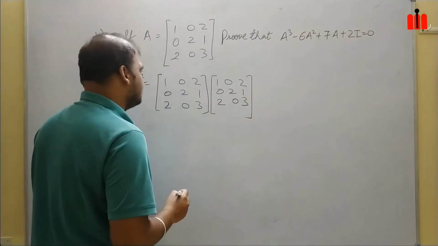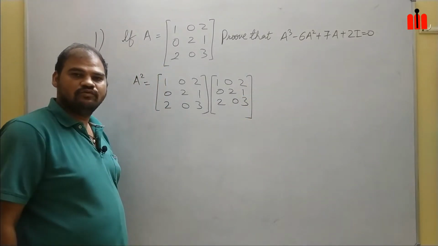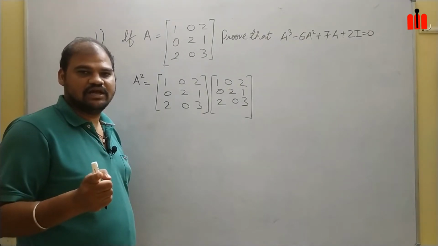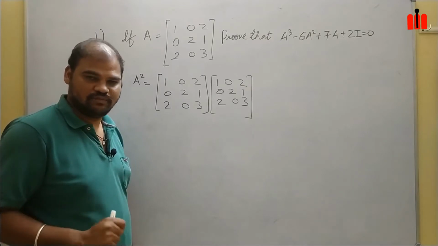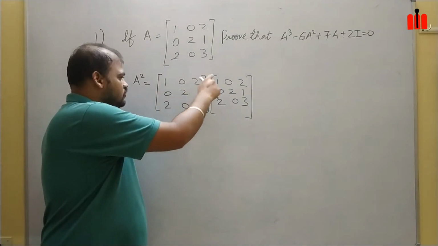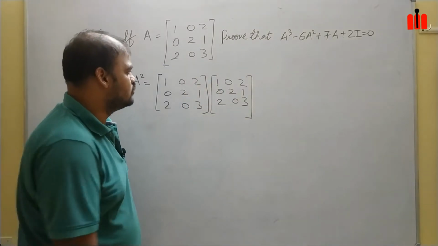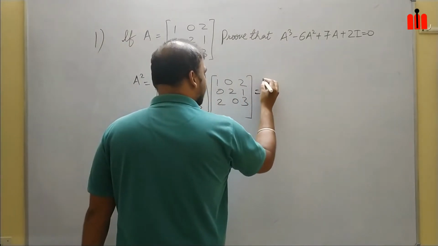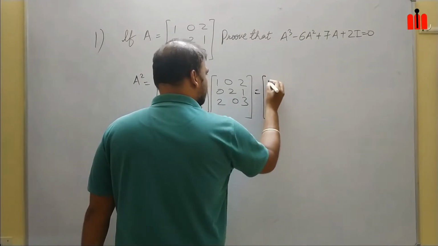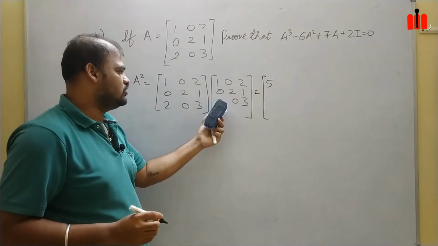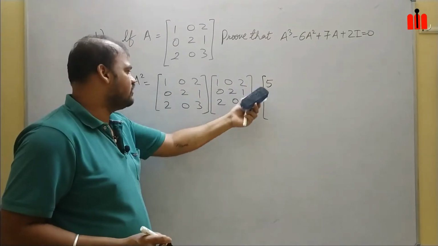Now I have to multiply these two, right? So how we will do the multiplication? I had explained in the detailed explanation class, right? How we do the multiplication of the matrices. First row with the first column. 1 into 1 is 1, 2 into 2 is 4. So it will be 5. First element is 5. 1 into 0 will be 0, 2 into 2 will be 4. So 4 plus 1 it will be 5.